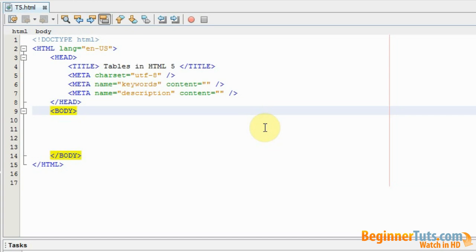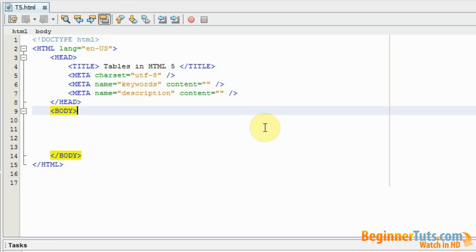Today I'm going to be teaching you about tables. In HTML, tables are extremely useful. You can use tables for organizing your data and content. You can also insert pictures in tables, and you can even create whole website layouts using tables. Making a website layout using tables is, however, a pretty old-fashioned way of doing it. Instead, you should be using div tags, and I will also be showing you how to do that in some